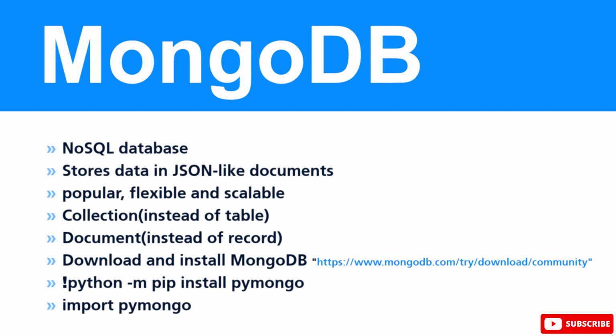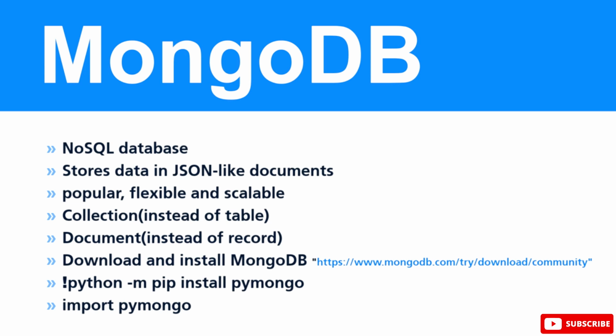To work with MongoDB, you need to download and install the MongoDB database on your device. You can download the community version from this link here, www.mongodb.com/try/download/community. You can simply download a free MongoDB database version from this link. After downloading the install launcher for the MongoDB database on your device, you need to install it. The MongoDB installation is so easy, and I'll show you that in detail.